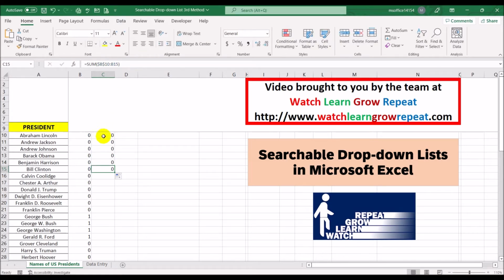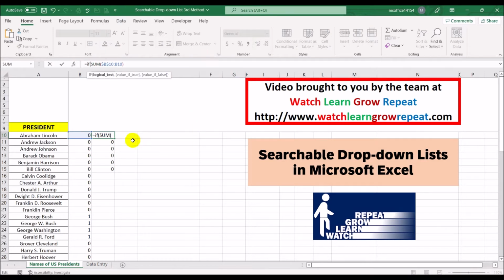Okay, so we're going to only do this if this value is not a 0. So I'm going to put IF B10 is not 0, then do the sum, otherwise just put a 0. And now I'm going to copy it down